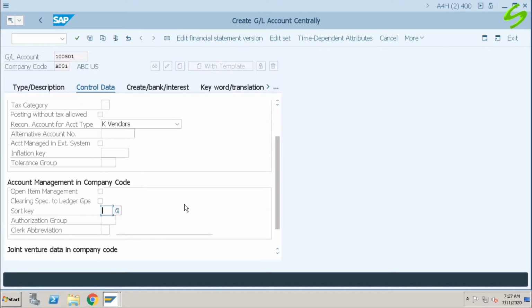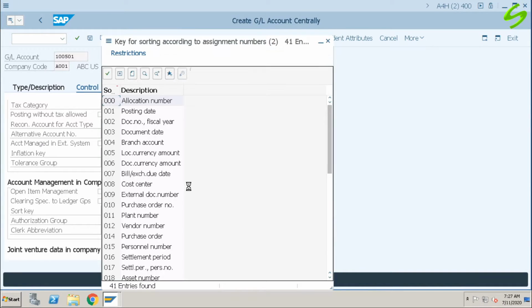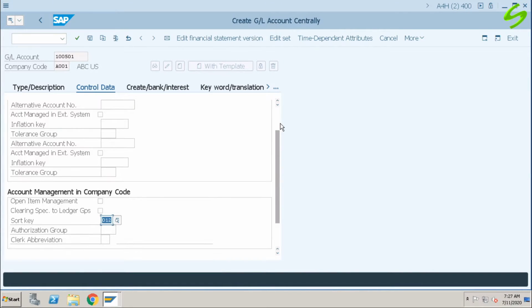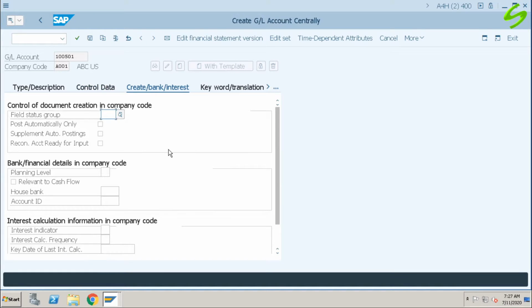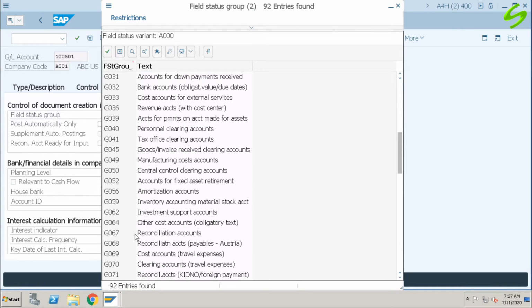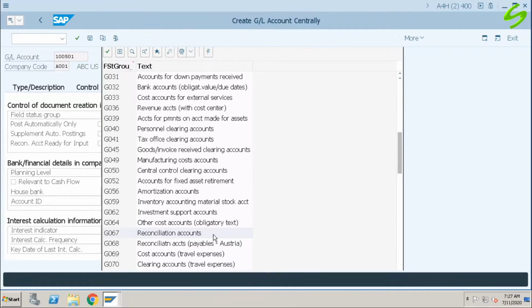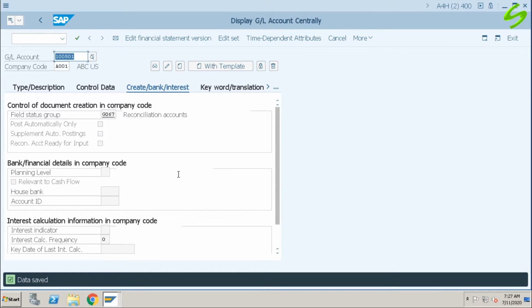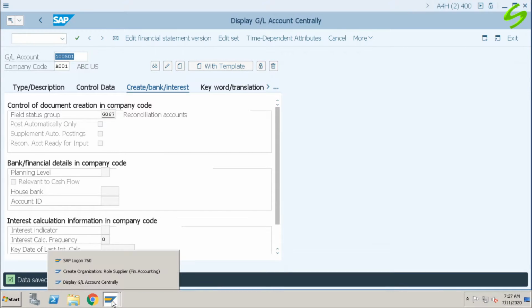Sort key: I'll select vendor number 012. Field status G067. This is for reconciliation accounts. Save. Data is saved. Let's go back to our other window